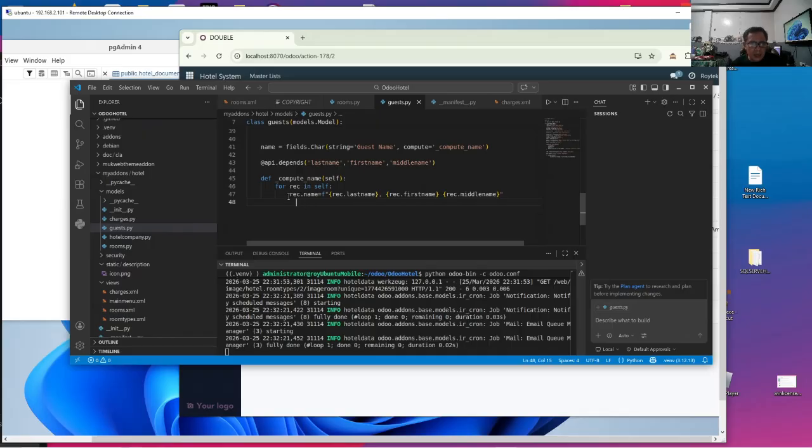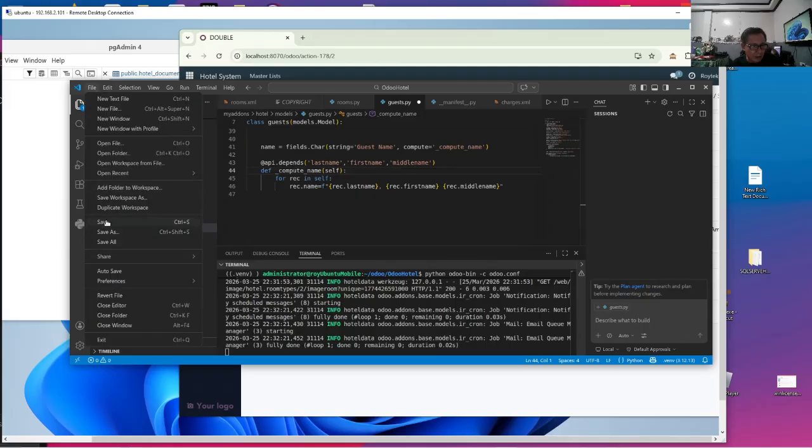And then we use the formula rec.name. So this is name, the record.name. Okay, so F is Python's concatenation syntax. We enclose the strings that we need to concatenate in double quotes. So we will concatenate rec.last_name followed by a comma, followed by rec.first_name, and followed by rec.middle_name. Okay, so that's a computed field. A computed field is a read-only field. It's automatically computed if there are changes in the dependencies indicated by the API decorator.